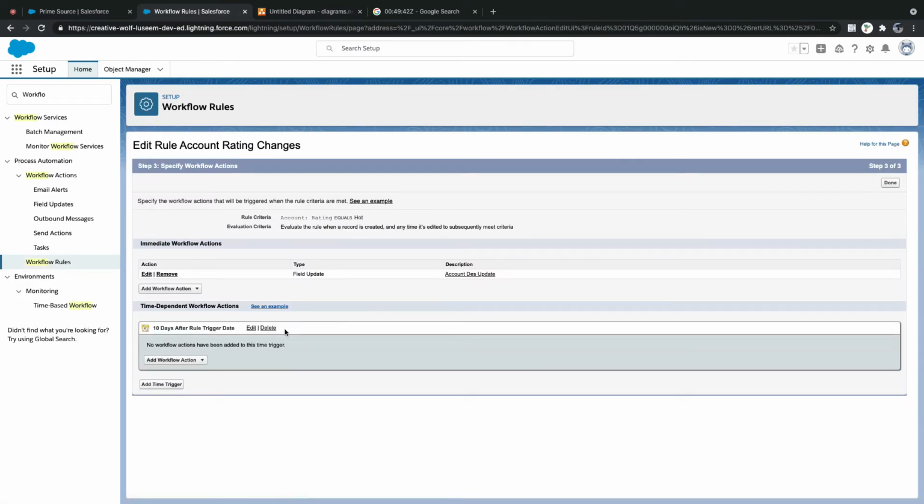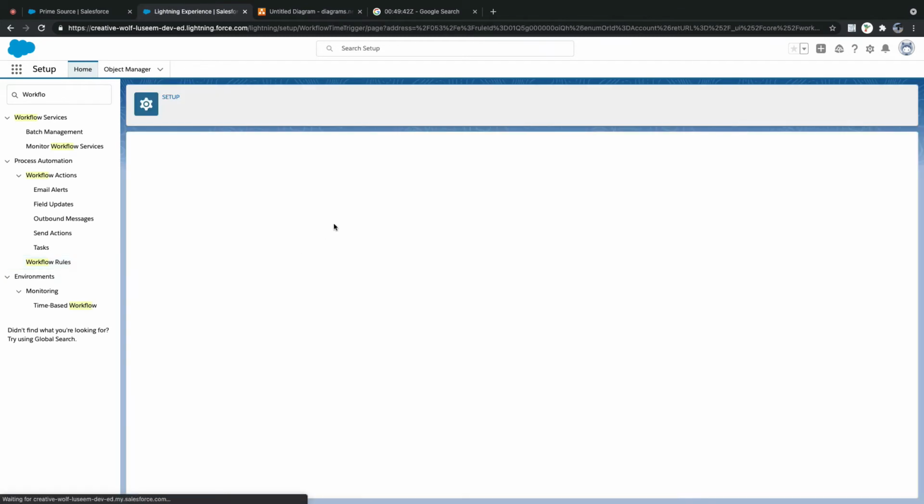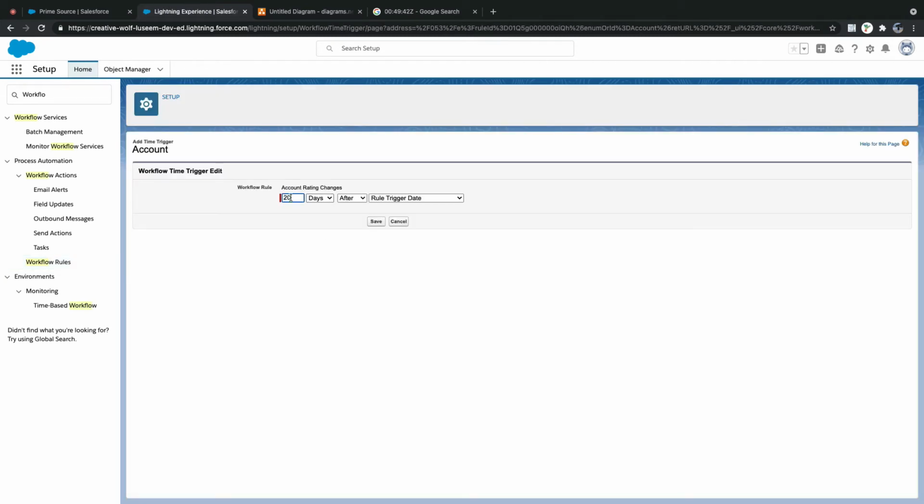I can add another time trigger after 20 days from the rule trigger date, or I can say last modified, created, or SLA expiration date. There is a date field called expiration date, or you can say before 10 days or before 2 days of SLA expire date. See the difference: in the account object there is a field SLA expiration date.